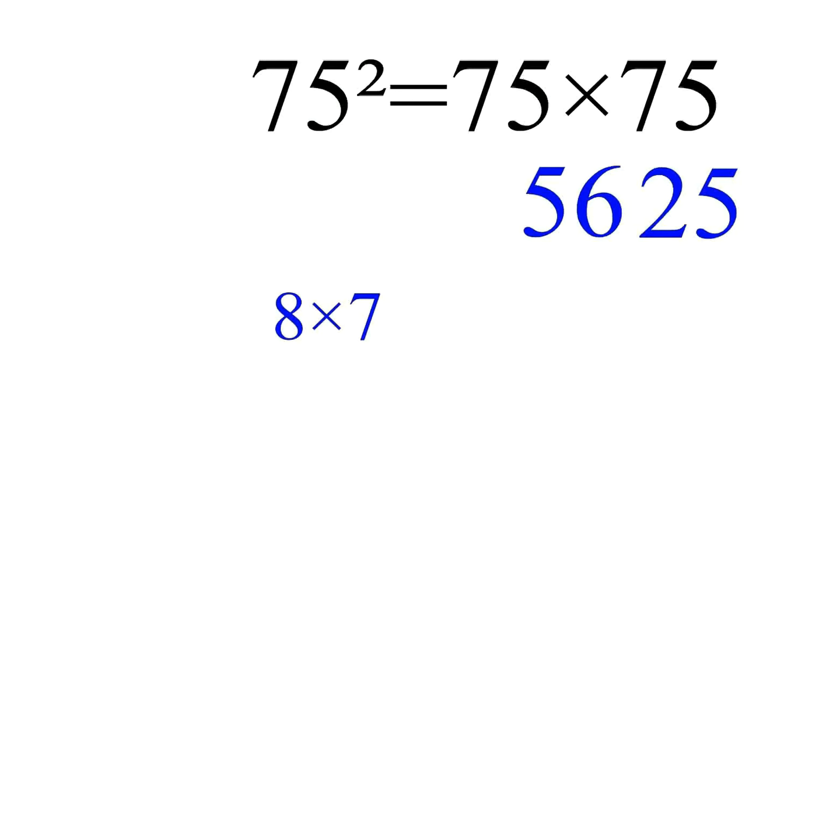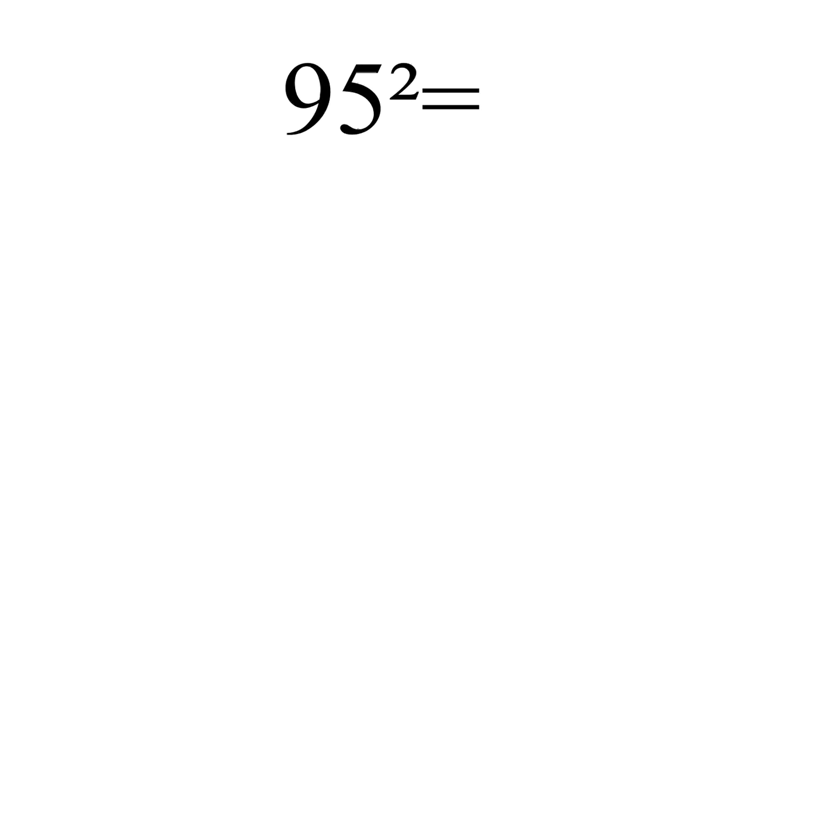Let's have another one. What is 95 squared? As before, we write down 25 and we multiply 9 into its next integer, which is 10. So the answer would be 9025. Okay,